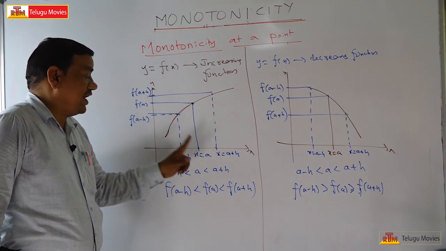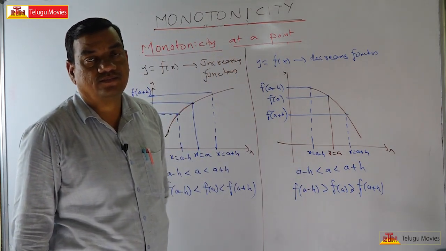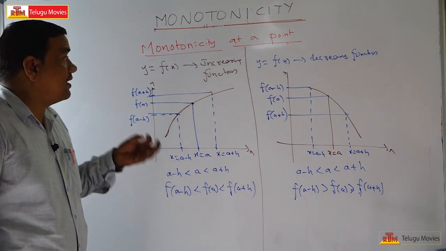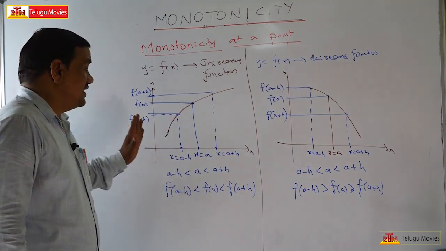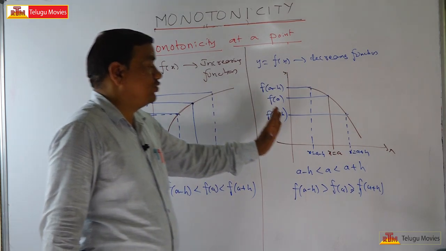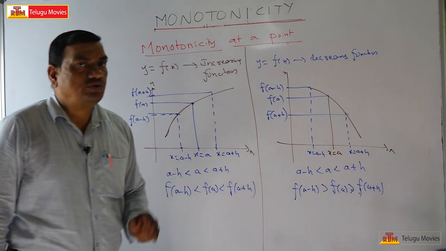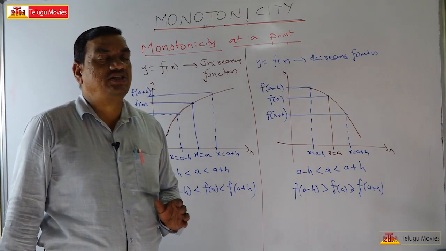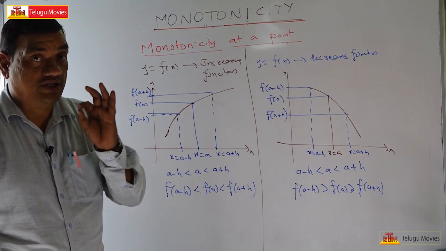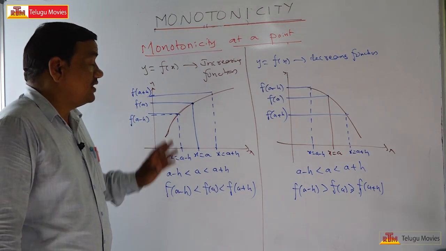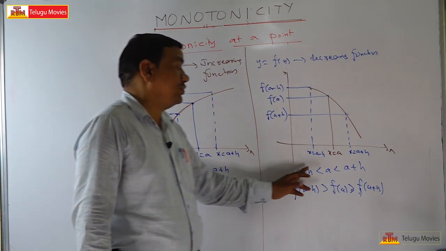That means to check the monotonicity at a point x is equal to a, either this property or that property should be satisfied. Then only we say that the function is monotonic at the point x is equal to a. That means it should be either an increasing or a decreasing function. This type of conceptual knowledge is very important for JEE Mains or Advanced problems. There are certain problems where you have to use these properties. Okay, now